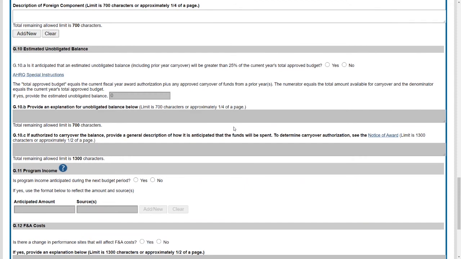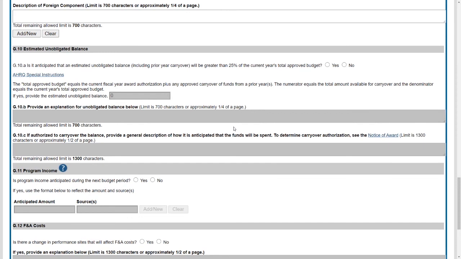Next, in G10, is estimated unobligated balance, and this is one your specialist here at UTD wants to look at very closely with you. Under our expanded authorities with NIH on most of these awards, we're going to be able to carry forward a balance, but we do have to pause and report here on that balance, on how much we're spending. This is in addition to the financial reporting. This is part of your project report where you need to say here,